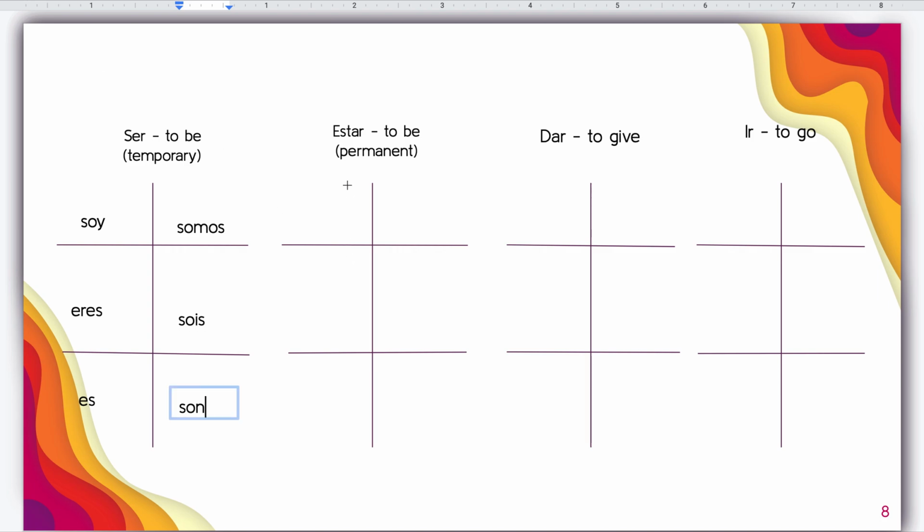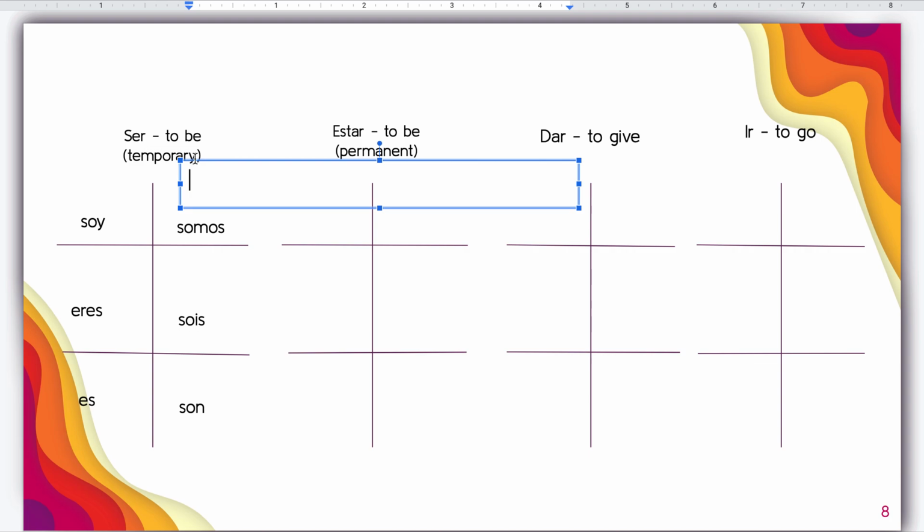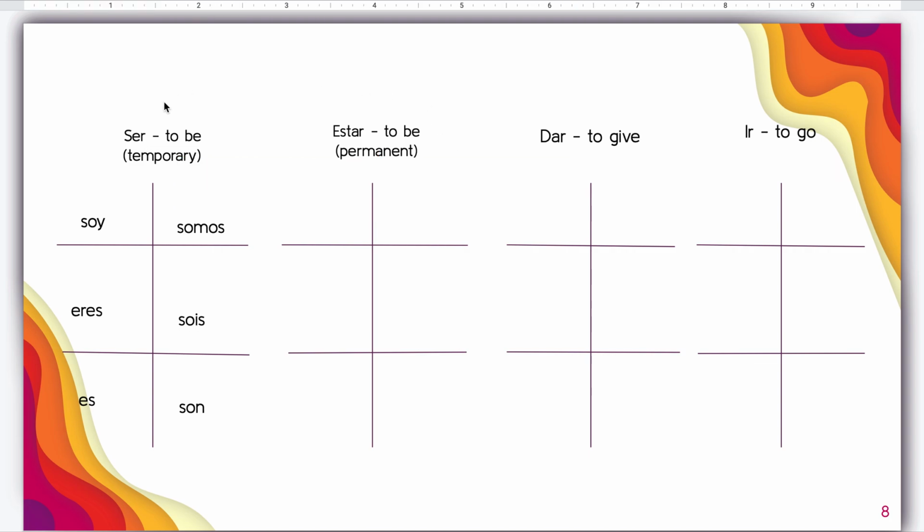Okay, estar, to be. Now, we have two to be's. Ser's temporary. Actually, those are absolutely wrong. And it's not going to let me fix it, is it? Okay, so ser is not temporary. That should have been permanent. I made that mistake, and I apologize. Permanent. And then estar is not permanent. That one should be